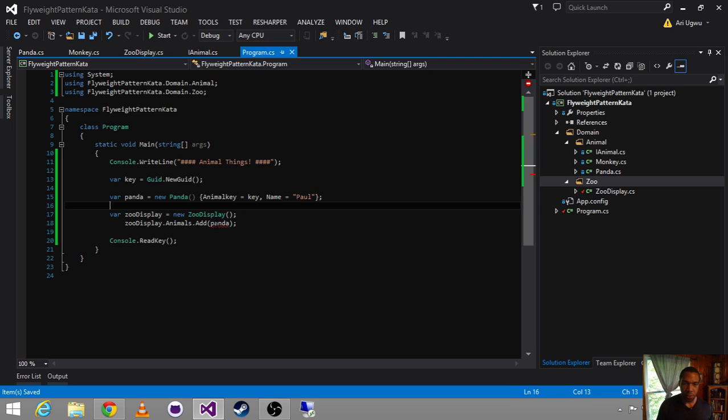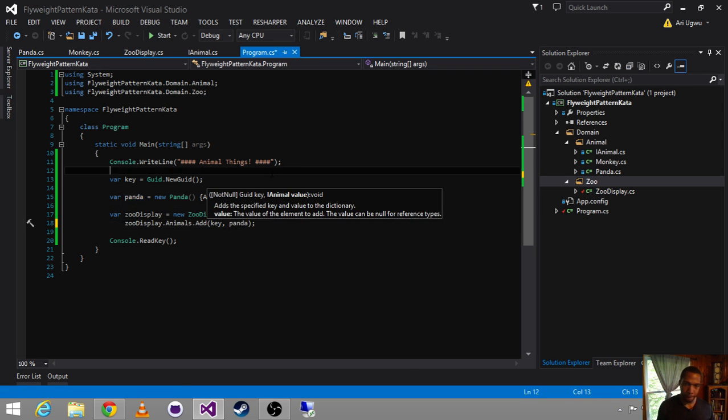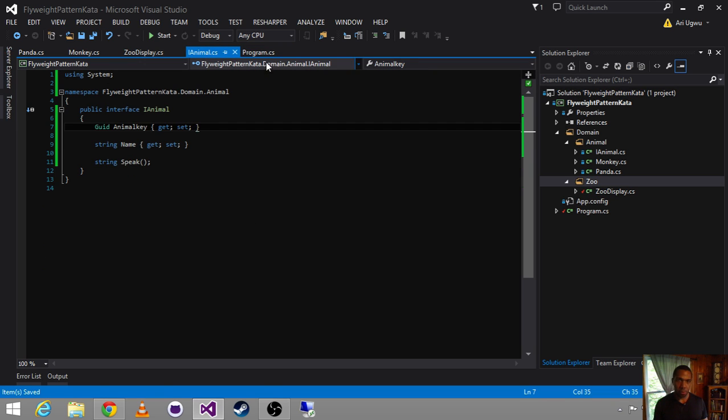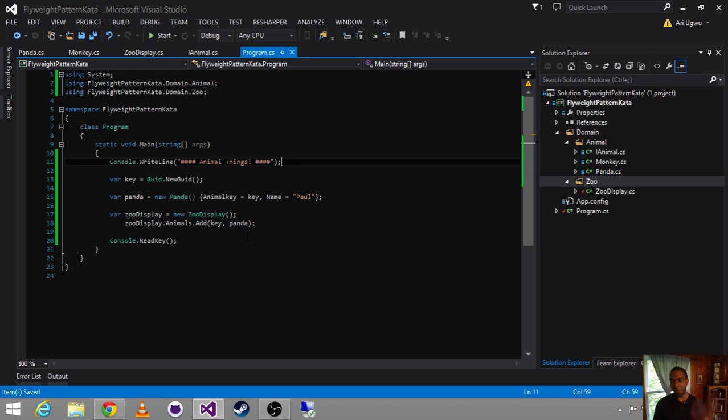Because my list of animals are just that contract of iAnimal, I can stuff it with whatever animals I want. So I've stuck this panda inside of this zoo display with all these monkeys.